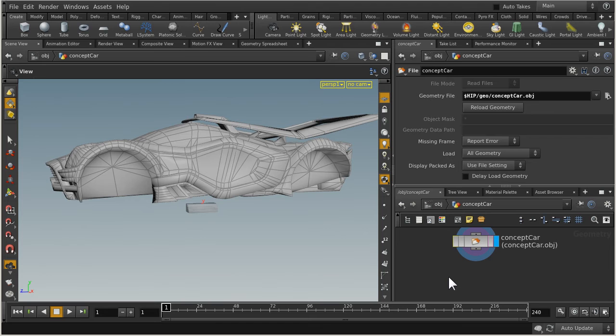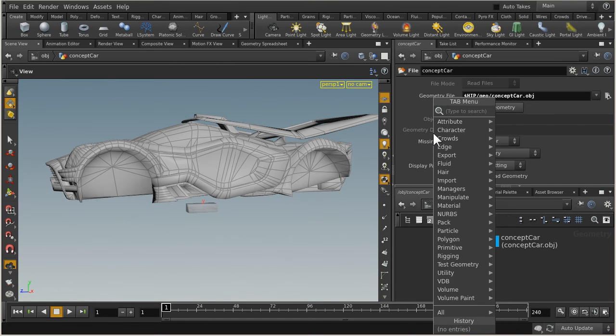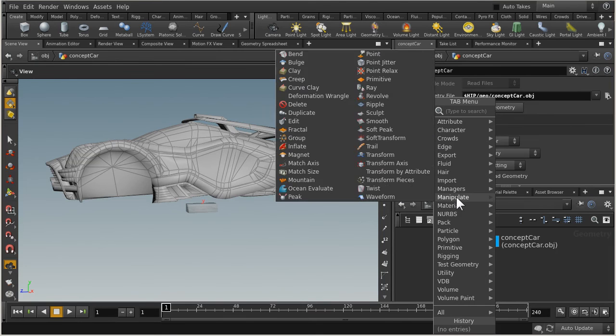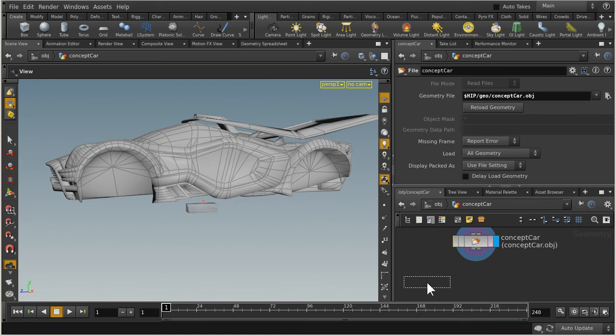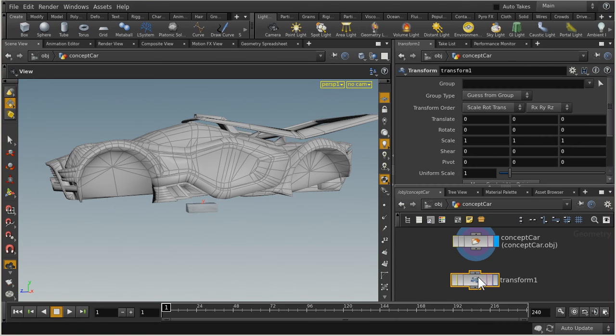Now we want to be able to use a transform tool. So in order to get there, we're going to right-click and go to the tool menu. And now out of the list of options here, we want to be in manipulate. And then out of the options inside of the manipulate window here, we want to choose transform. Now we click on the word transform. And here inside of the network view, I get this little dotted outline of a box. All I have to do is click anywhere inside of this network view, and it will lay down that new